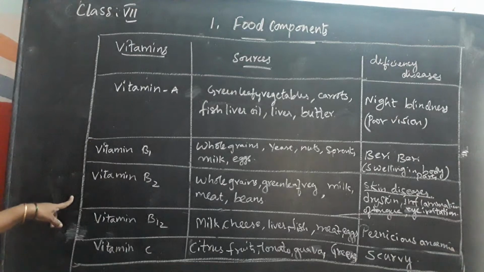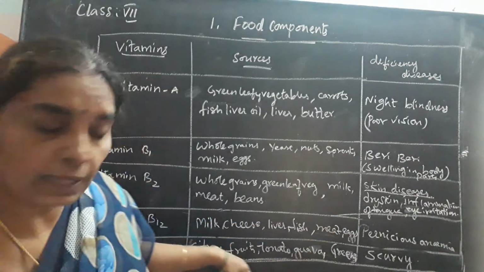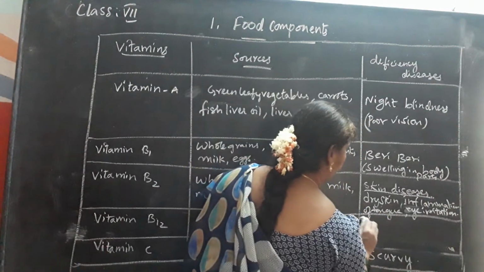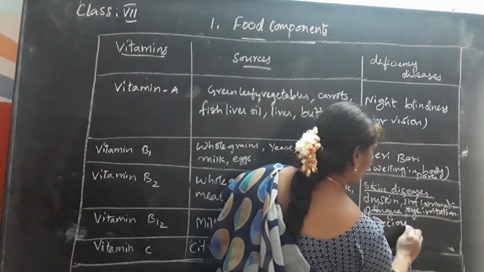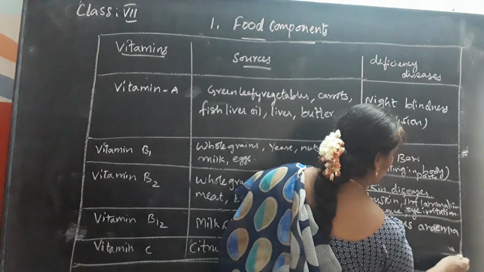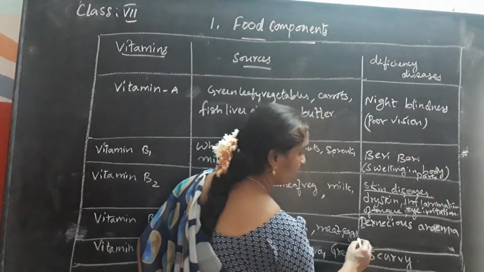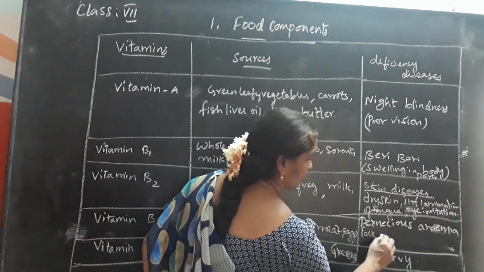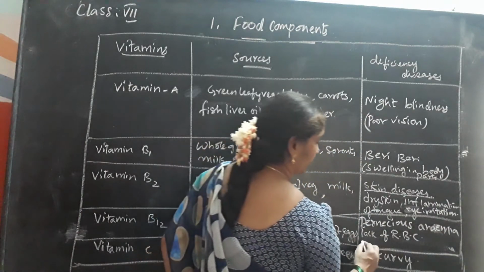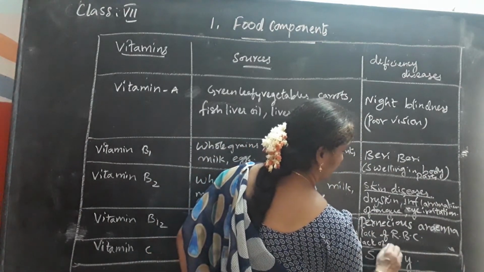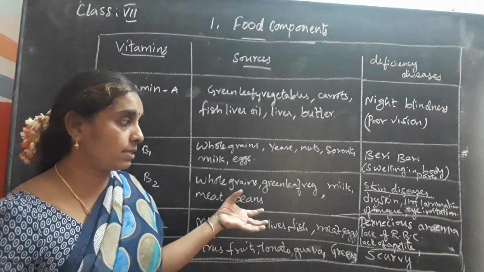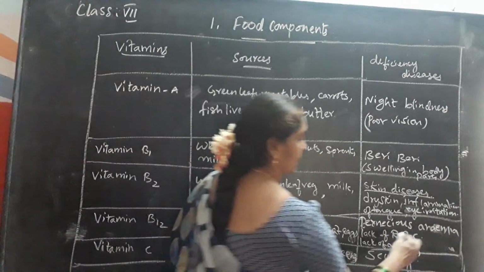Lack of stamina and appetite. So due to this, the person may suffer from lack of stamina. Stamina means strength. Pernicious anemia, the person suffers from lack of red blood cells. RBC count will be decreased. So due to that, lack of appetite. And the person also doesn't have stamina or strength to do anything.